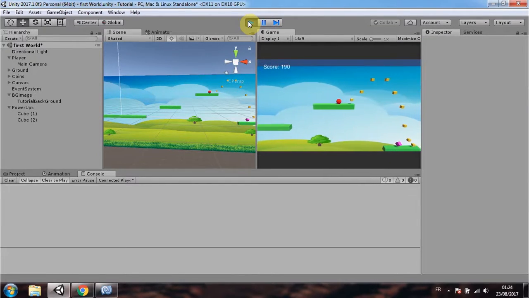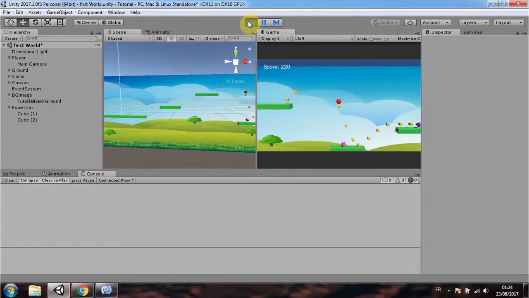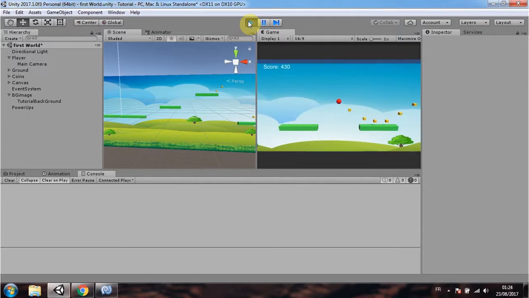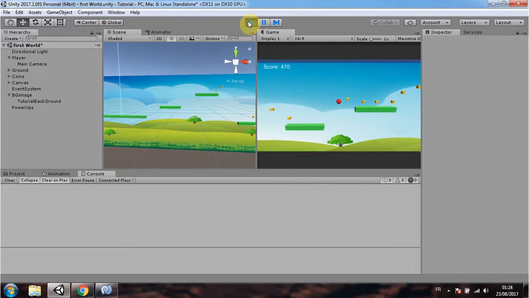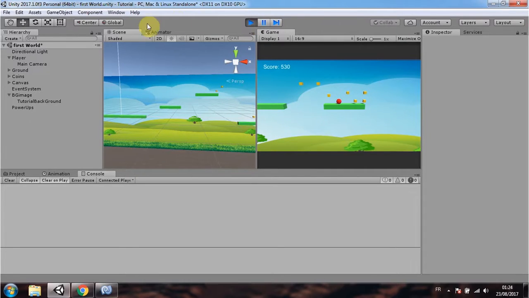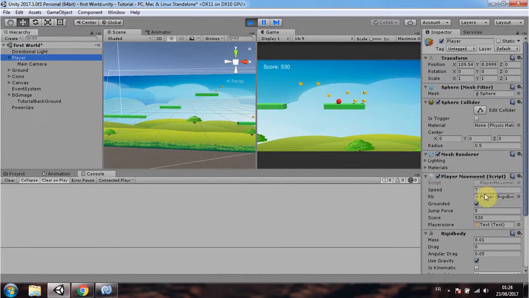Okay, as you can see, I'm a bit faster. Faster. Okay, I like this speed. So I'm going to select the player and see the speed, it's 7. So